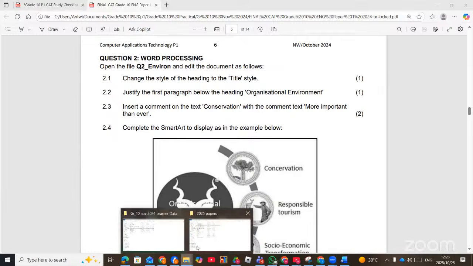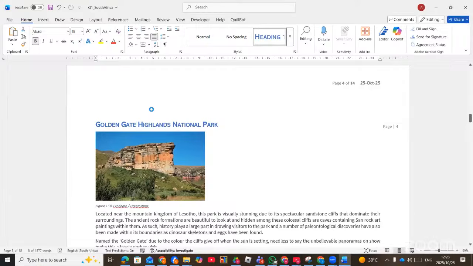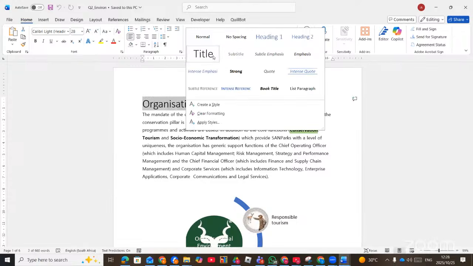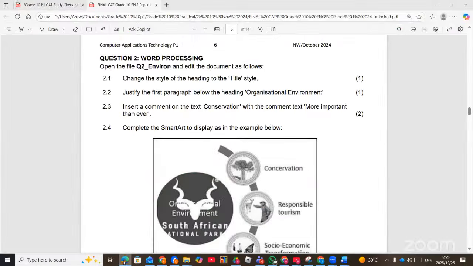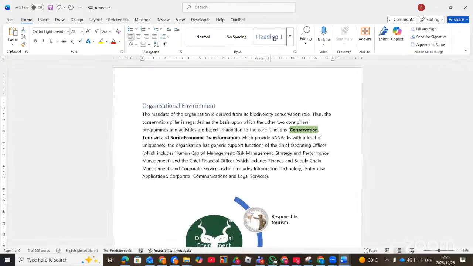Now they were asked to change the style. They were asked to change this heading style to title style. So you select, you go to the style, then you choose title. So you just choose title and then you apply it. If they say change it to heading 1, you click on heading 1. So that is how we apply a heading style